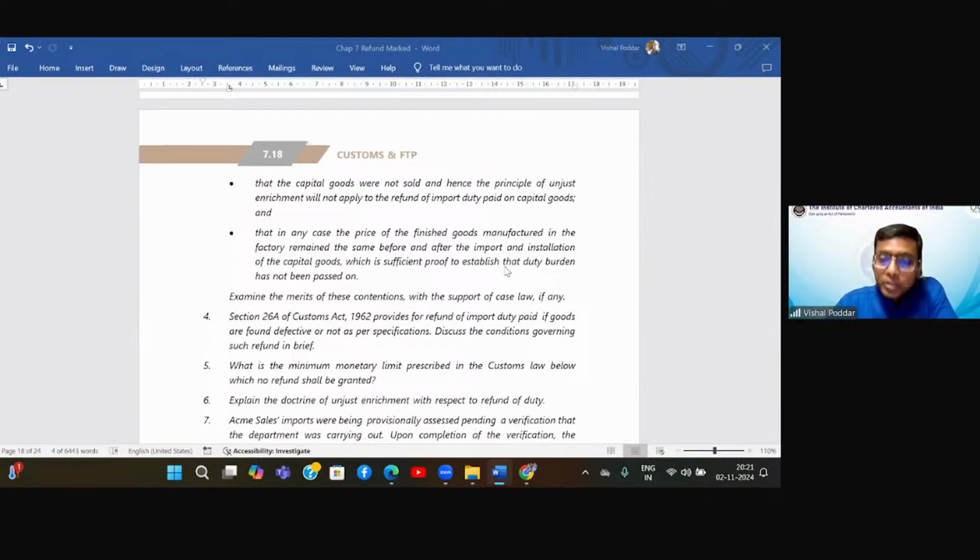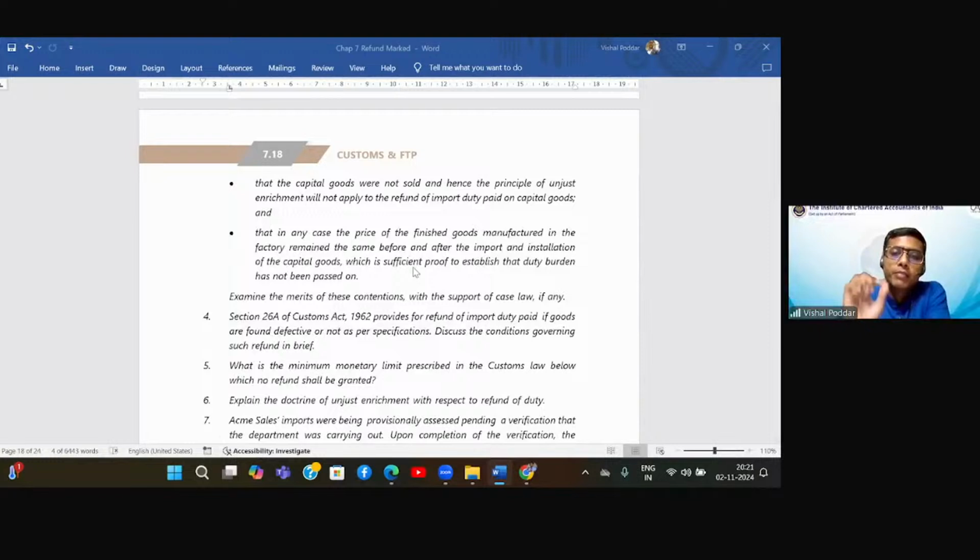So this is a sufficient proof that the duty burden has not been passed on. So as I was saying, what the department can claim is that since these are capital goods, whatever import duty you would have paid on this, you would have capitalized it, which is now part of depreciation, and through depreciation, it would have entered the cost of goods. To even counter that,